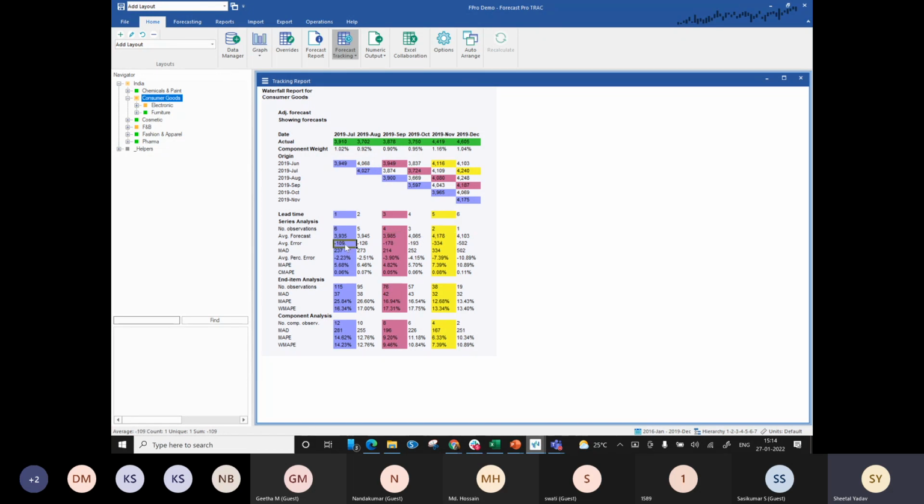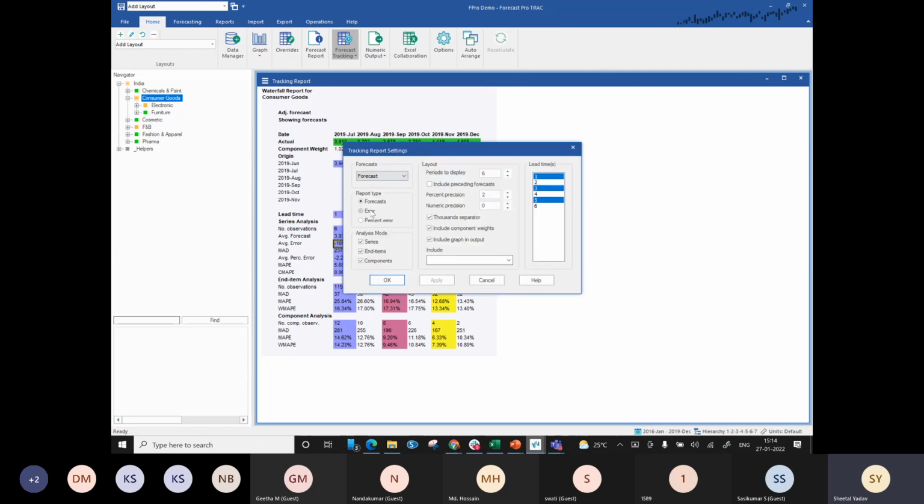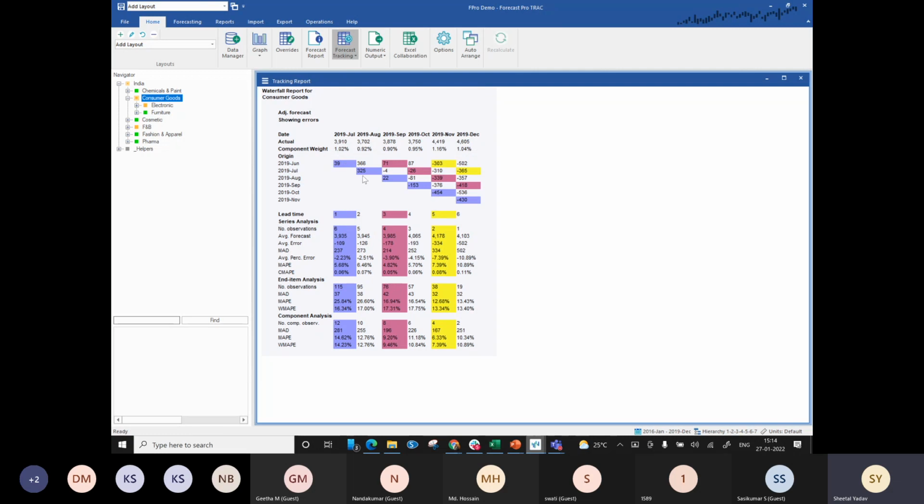And the next section is depicting the average error. If I move to my error portion over here, the average error in each of these months is what the system is going to factor in. And if you notice, for the last 3 months, we had high negative error. And that's the reason my average error is negative, because initially I had very low positive error. Now for the last 3 months, I have high negative error. And that's the reason it's depicting in that fashion. So I can see that as well.